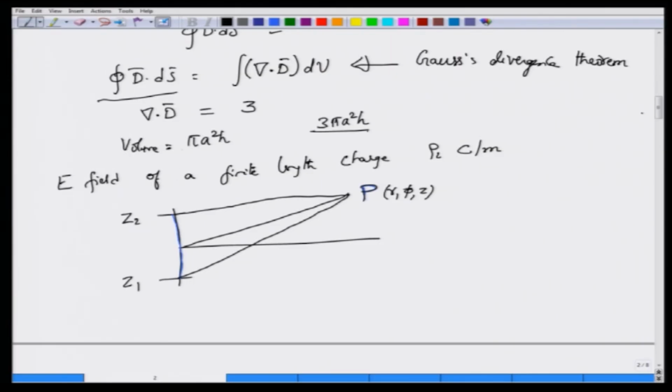Similarly, if you try to move below Z1, there will not be any charge. So, the symmetry in the Z axis is broken, which is another way of saying that the corresponding electric field will be a function of Z. However, if you go around the charge inside at any point, you would see that the charge would be independent of phi. For an infinite line charge, the charge would be independent of phi, but in this case the symmetry around the line charge element will be visible only if you are going around a circle on this axis,